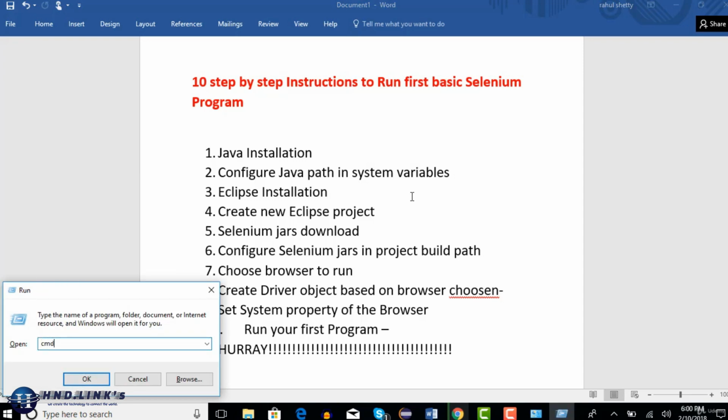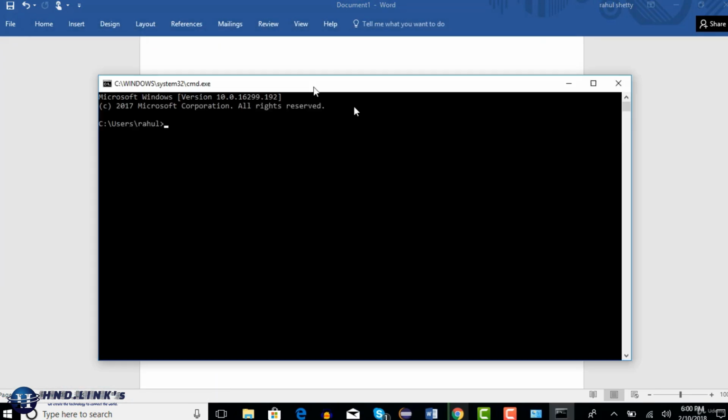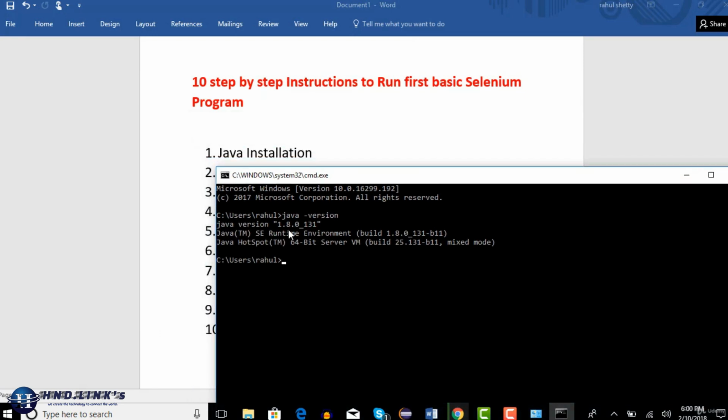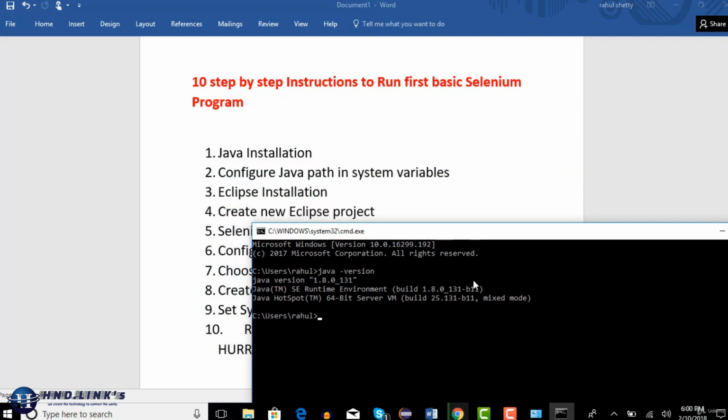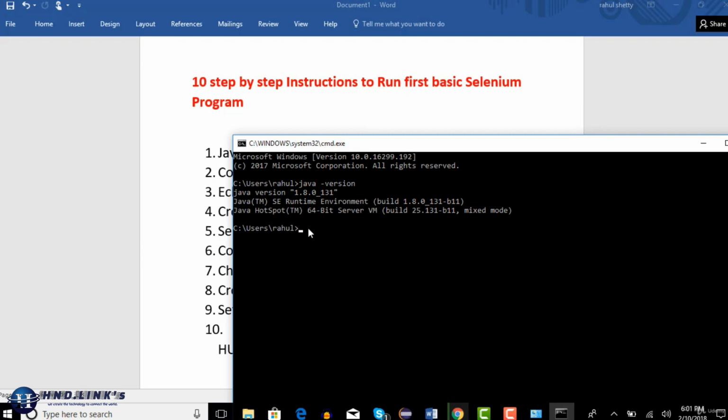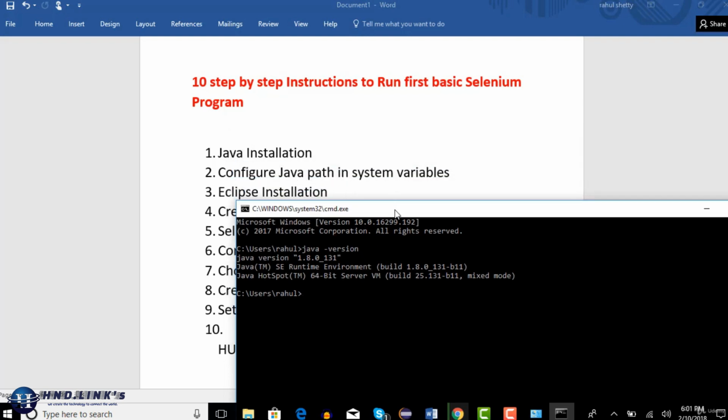Go to your command prompt and give this command, java -version, and when you select this you should get something like this, Java version and some details. If you see this, that means you have successfully set the Java path in your system variables. But if you see an error like 'Java is not recognized as an internal or external command', that means there is something wrong in setting this Java path.